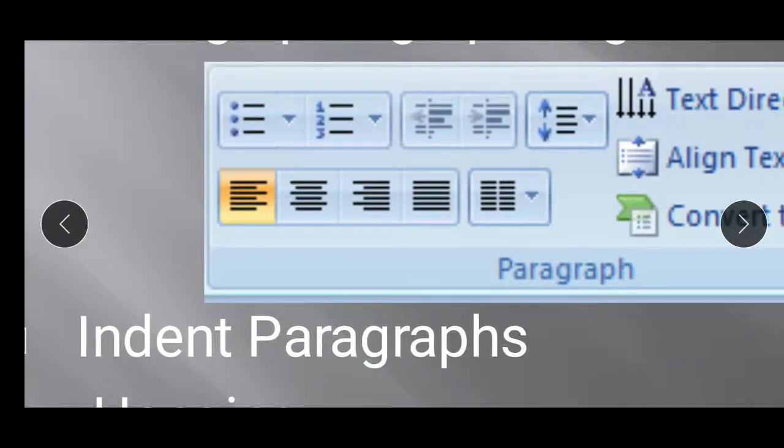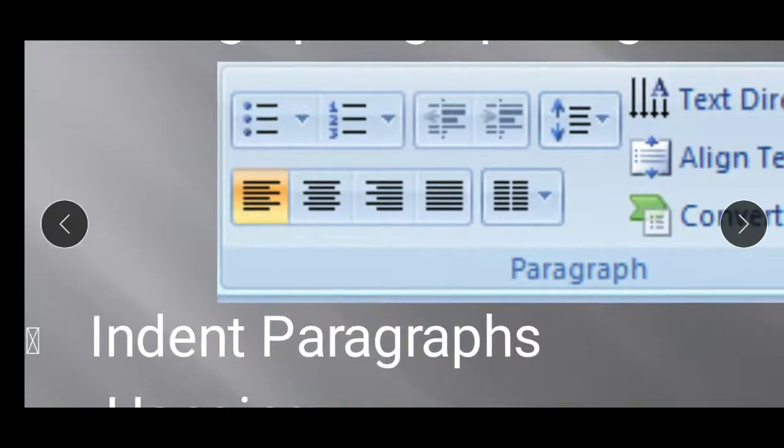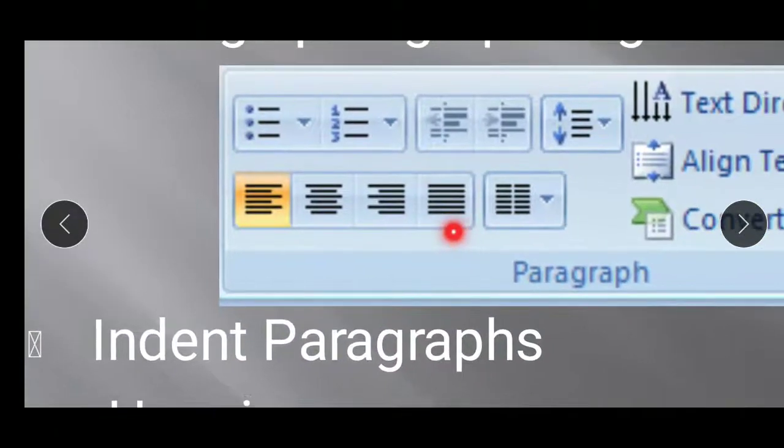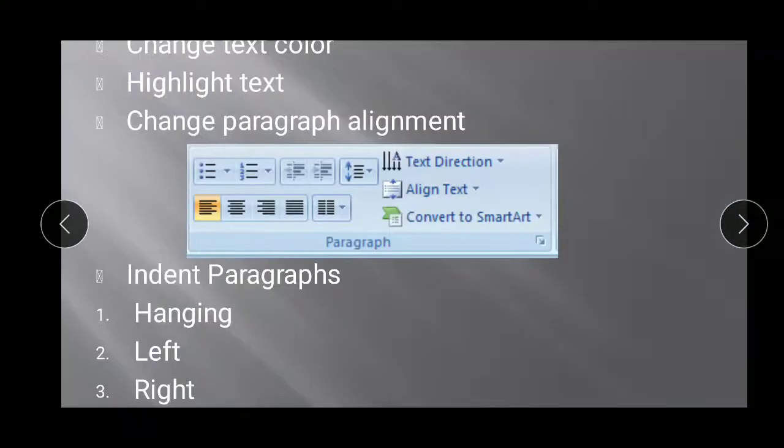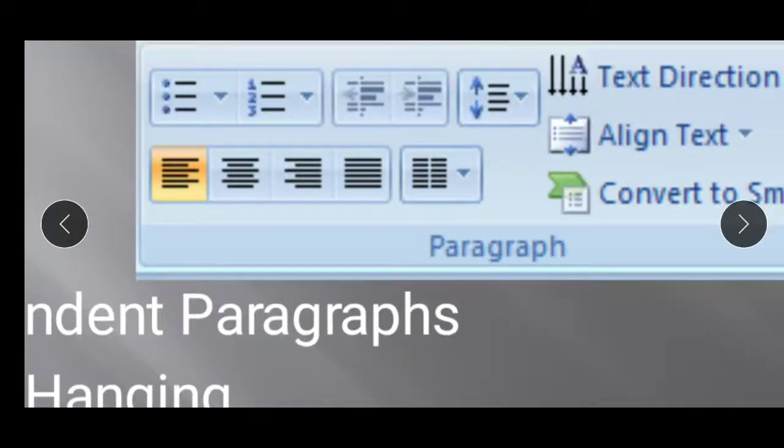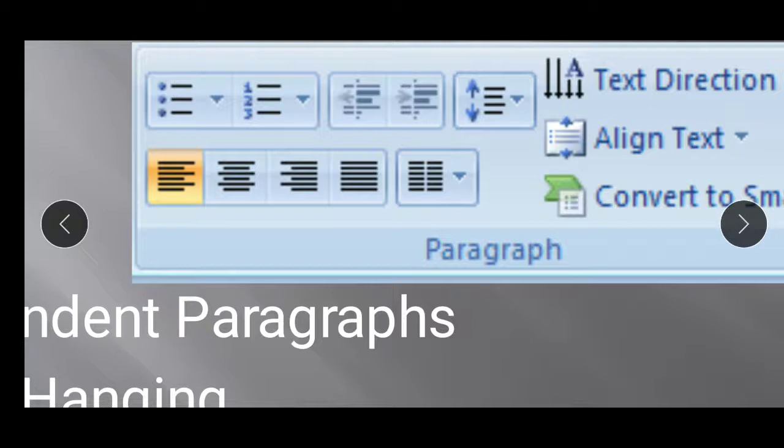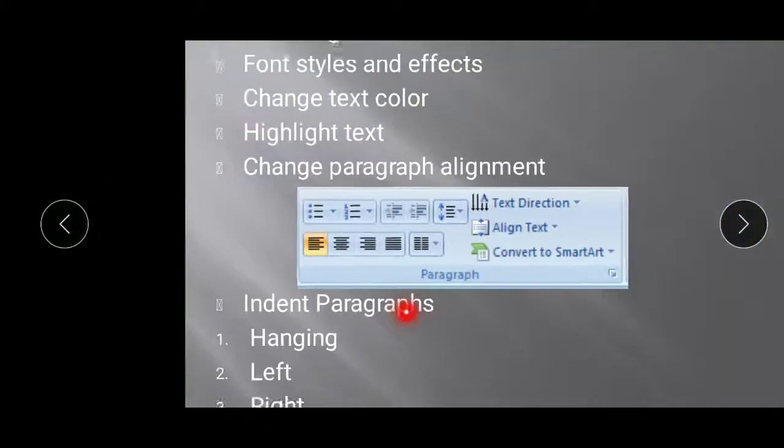So basically there are four types of alignment: left, center, right and justify. These are the four types of alignments which you can specify for your paragraph, from which the margin starts. If you select left alignment, your margin will start from the left side. If you select center alignment, the whole text will be in the center, no margins will be there for it. If you select right alignment, the margins will start from the right side of the text as shown in the picture. They have just given a scenario to identify that icon. And justify is from both the sides, it will be equal. So these are the four types.